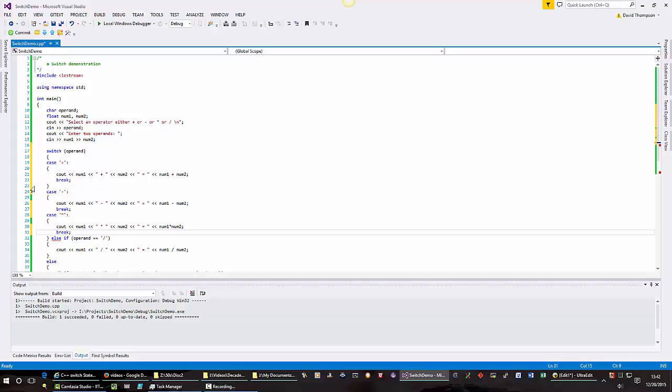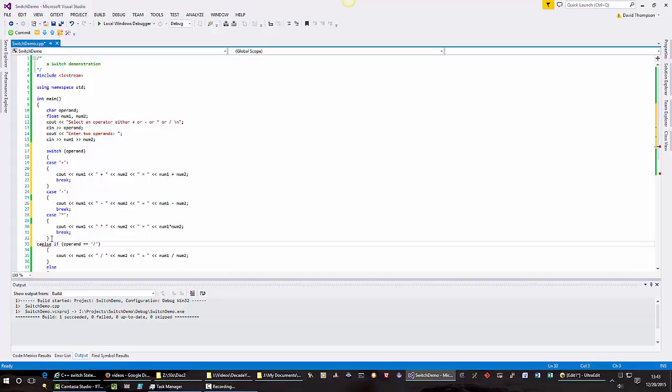We could not do this unless it was a nested if statement. So nested if statements are good candidates for the case statement as long as we are comparing numbers or characters. Case